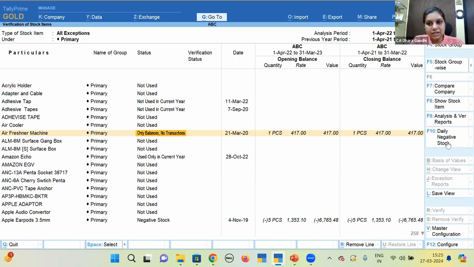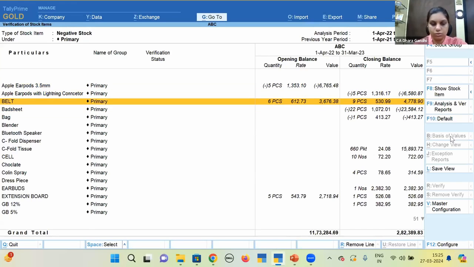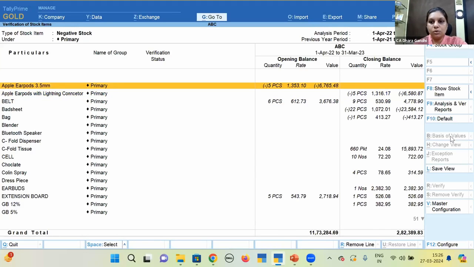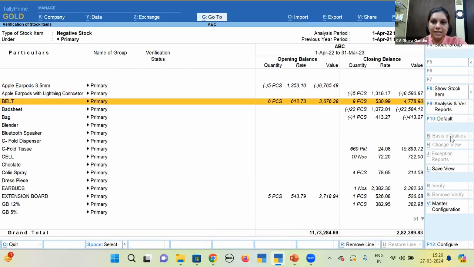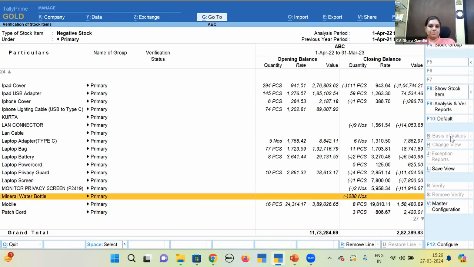One more important thing which I usually check while doing the audit through Tally is daily negative stock. जैसे हम लोग डेली कैश चेक करते हैं कि कहीं नेगेटिव नहीं है, हम लोग को डेली नेगेटिव स्टॉक भी चेक करना चाहिए। यूजुअली क्या होता है, क्लोजिंग नेगेटिव नहीं दिखता है, बट वो लोग क्या करते हैं, स्टॉक जेवी या कुछ करके स्टॉक को पॉजिटिव कर देते हैं। बट अगर डेली बेसिस पे भी स्टॉक नेगेटिव है, तो या तो इनके वाउचर एंट्रीज में इशू है कुछ, या तो कुछ तो भी प्रॉब्लम हो रहा है। सो हम लोग को ये फीचर हमेशा यूज करना चाहिए, डेली नेगेटिव स्टॉक। सो कोई भी डे पे अगर कोई भी स्टॉक नेगेटिव होगा तो आपका ये लिस्ट में आ जाएगा।